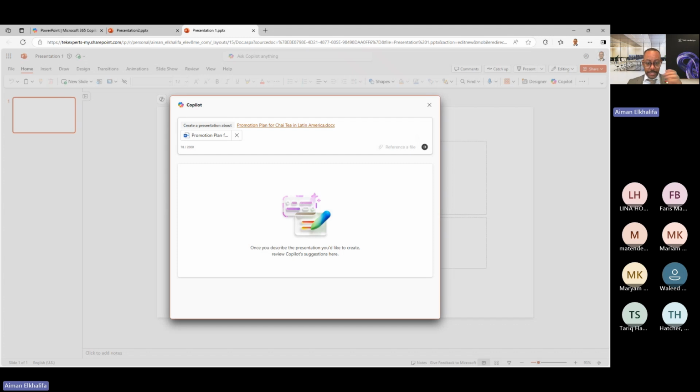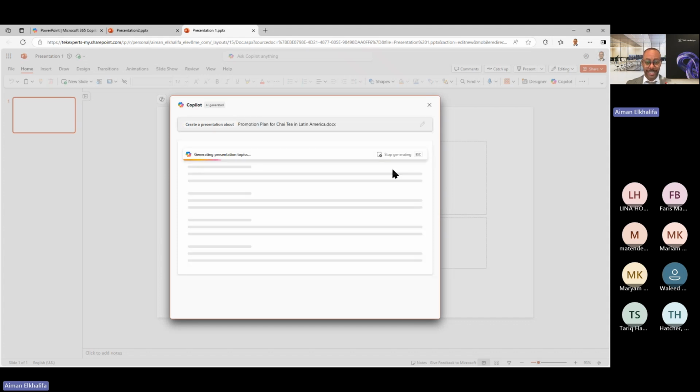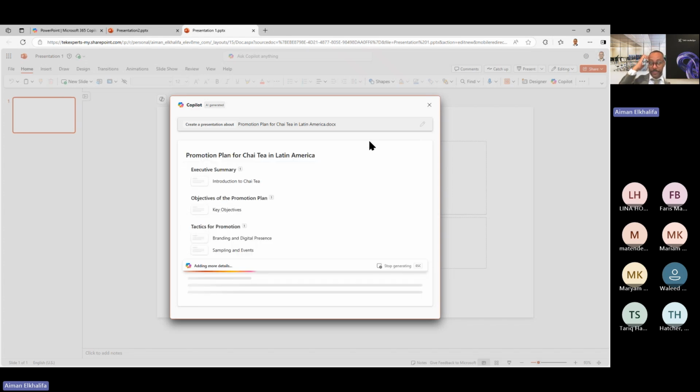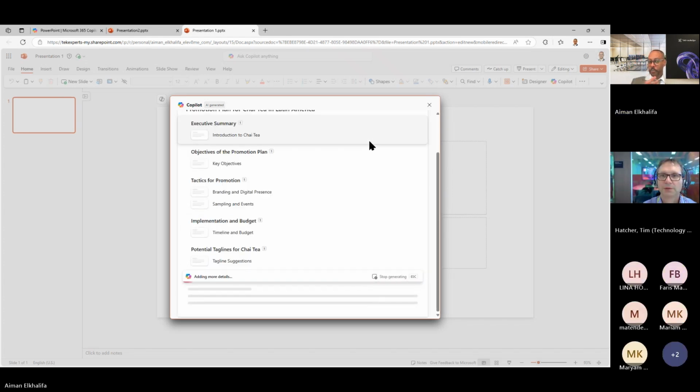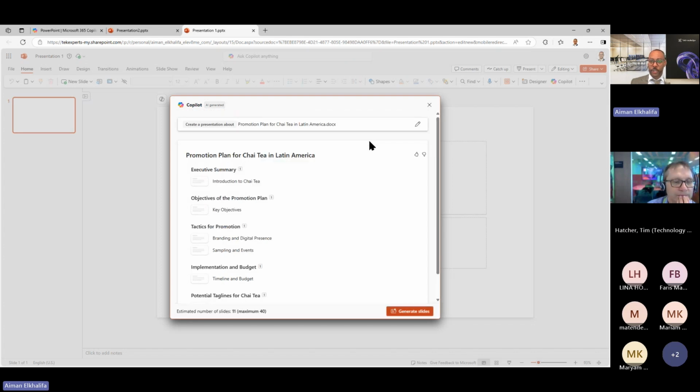Now, I can just send it as is, or I can write a proper prompt to generate the slides based on what I need: write the context of what I need, who the target audience is, and write an effective prompt. If you don't write an effective prompt, Copilot will not generate the result that you want. We always say garbage in, garbage out. It's a process. How did you open that file in